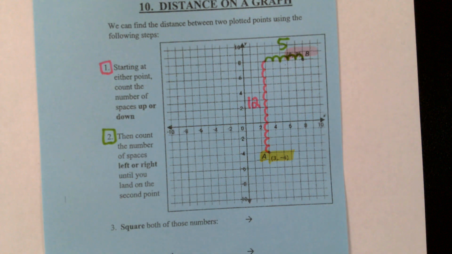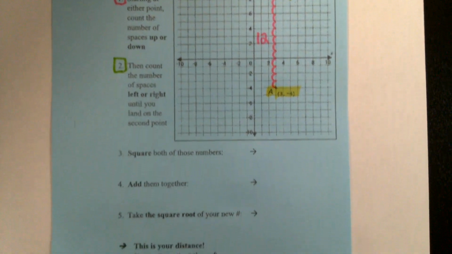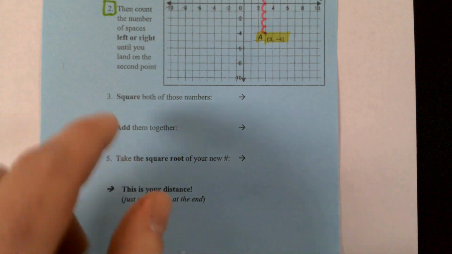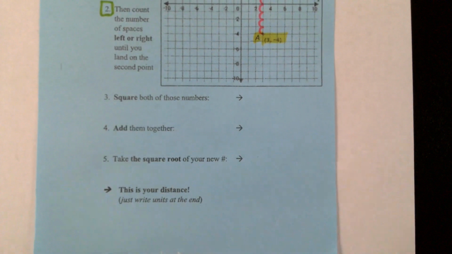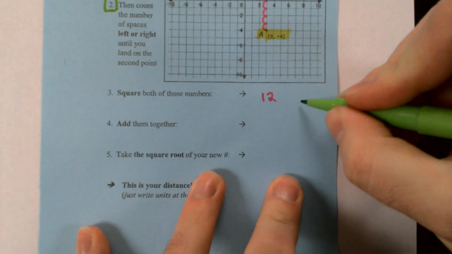Okay? Very, very similar to some work that we've done earlier in this class. Counting up or down and counting left or right, using those little bumps on the graph. So we get 12 and we get 5. Now here's what we're going to do with those numbers. Step 3 is we're going to square both of these numbers. So if we have 12 and we have 5,